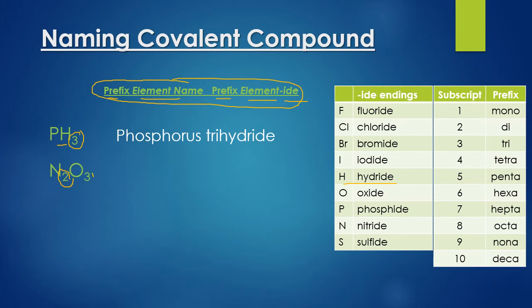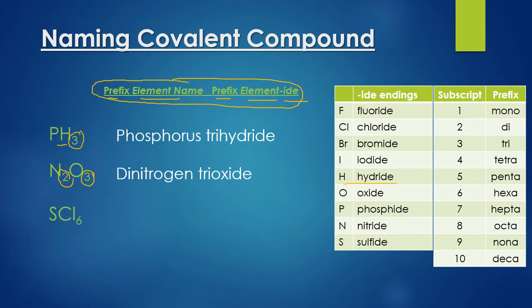The next example, so there are two nitrogens, so the prefix is going to be dinitrogen. The second element present, oxygen, there are three, so it would be tri, and then oxide for that IDE ending. Notice the IDE ending is only on the second element present. Another example,